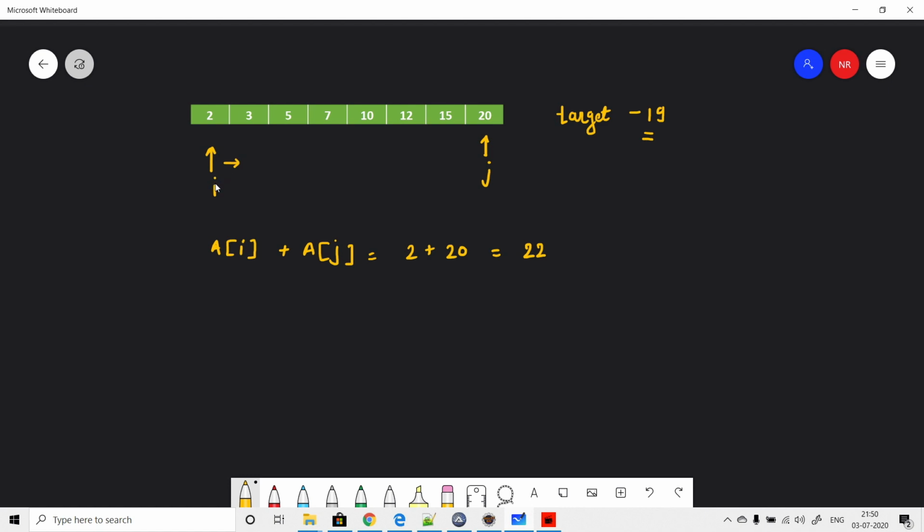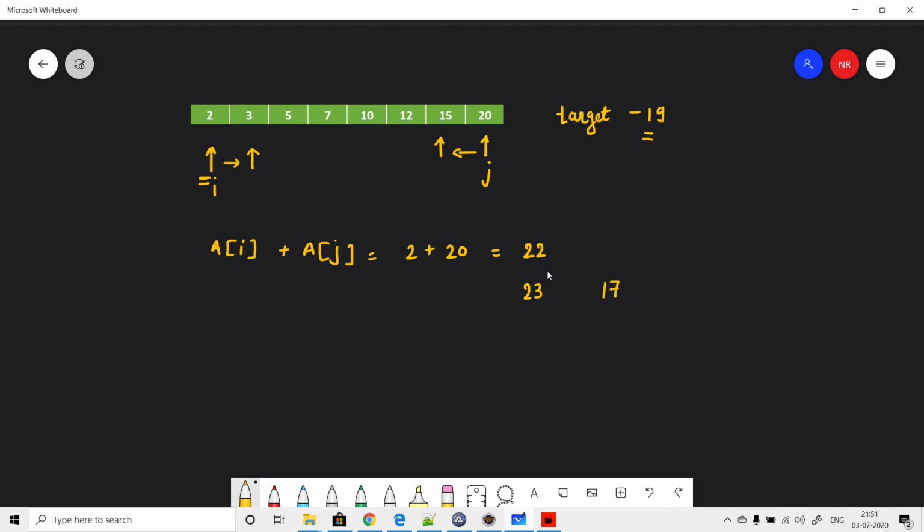Let's say you decided to move this pointer. Now you have 3 and 20, so your sum has increased. And if you move the other pointer to this side and keep this pointer as is, we get 15 plus 2, that is 17.